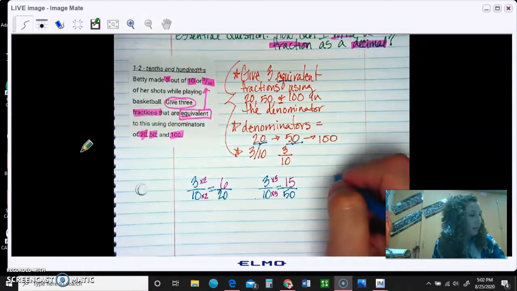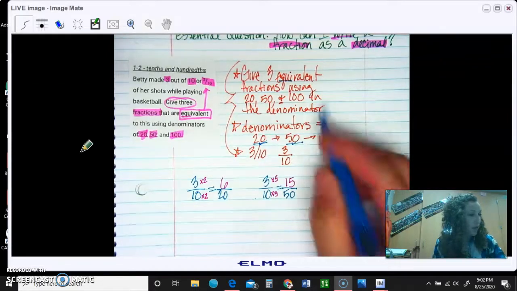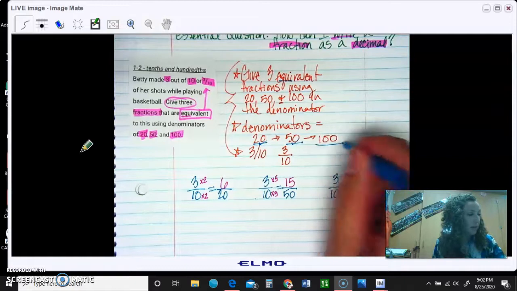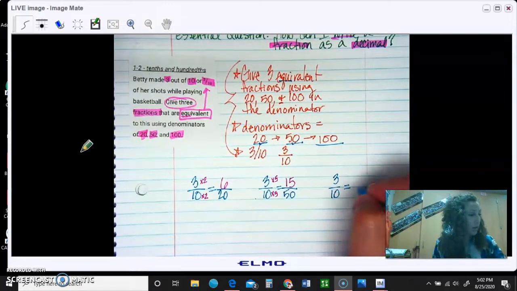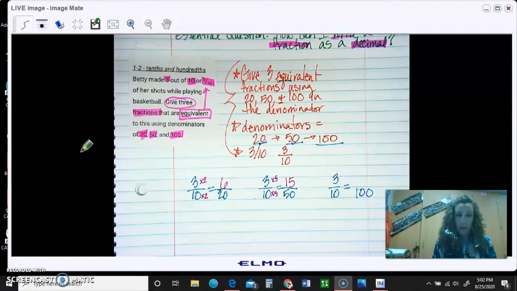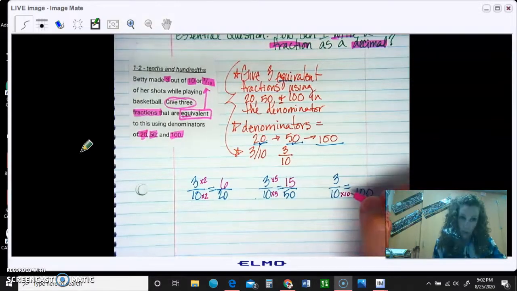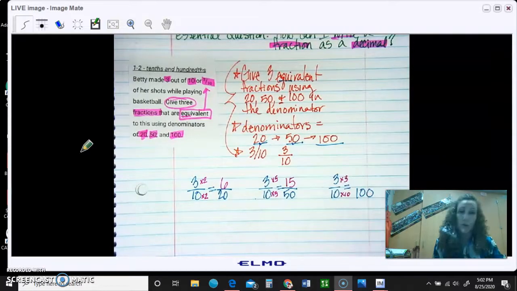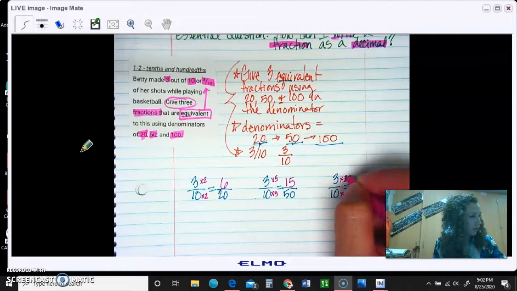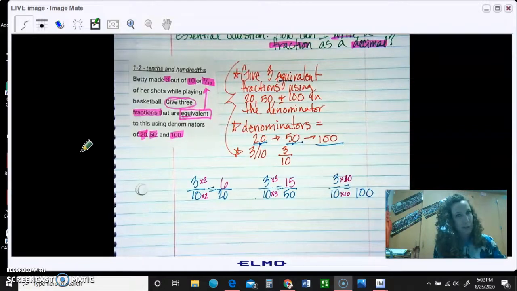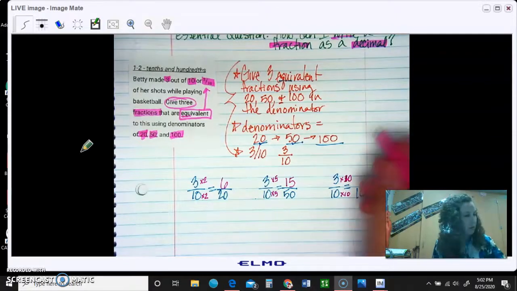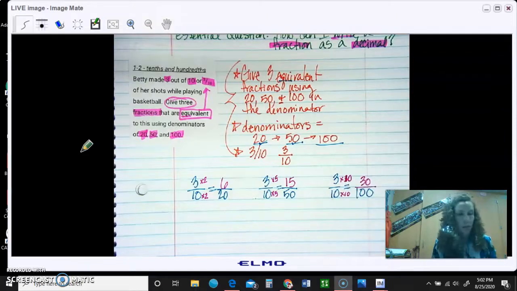So, I'm going to write that 3/10 again. I'm going to do the equivalent, and I'm going to use my 100 as my new denominator. So once again, stop and think. 10 times what is 100? Well, 10 times 10. Whatever you do in the denominator, you do in the numerator. Oops. Sorry. I was looking at the number 3. Messed me up there. Okay. So 3 times 10 is 30. So 3/10 is equivalent to